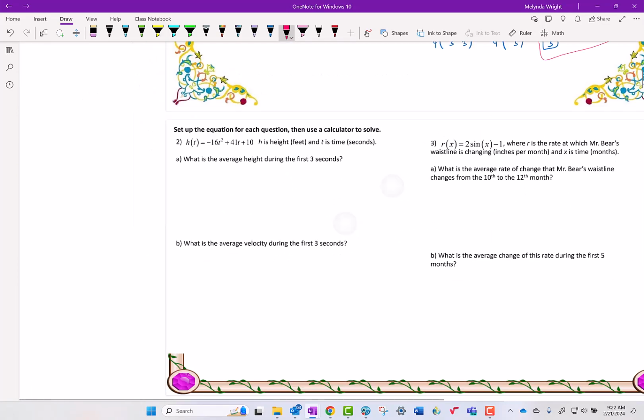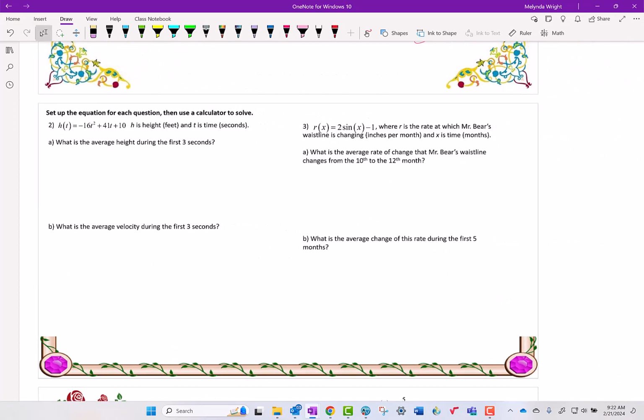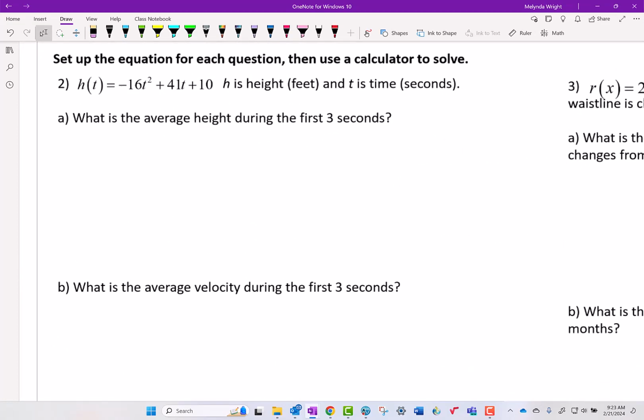So for parts 2 and 3, we're going to use our calculator because I think we had some good practice with anti-derivatives by hand. Now we're going to utilize our calculator. So let's set this up and see what's going on. So H is height, a position, and T is time. If we want average height and we have the formula for height, which